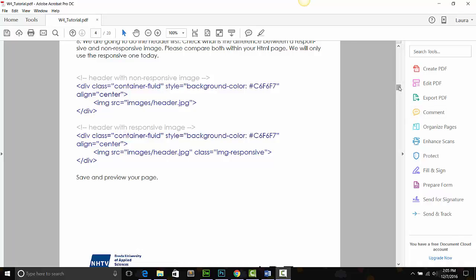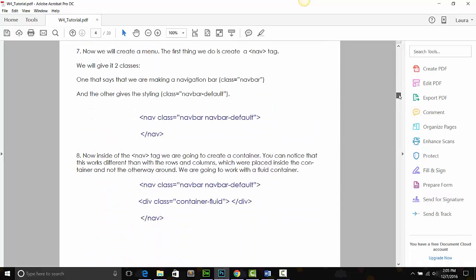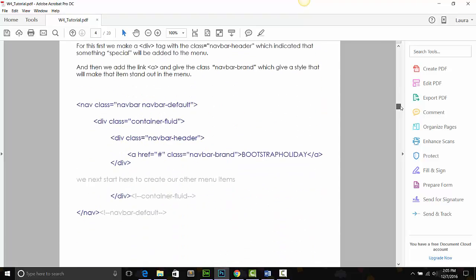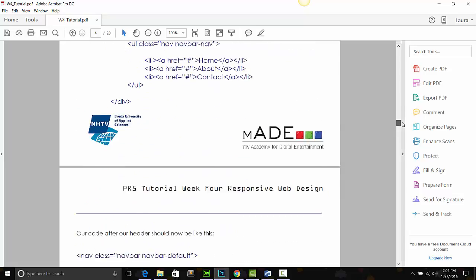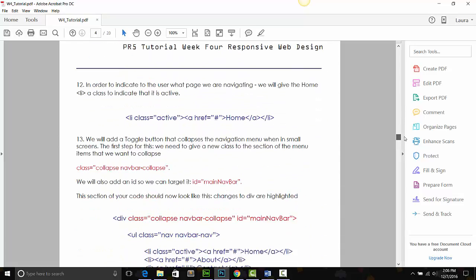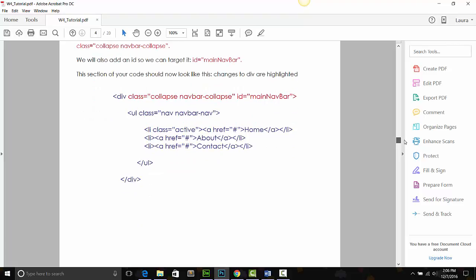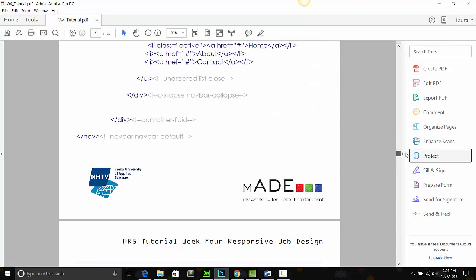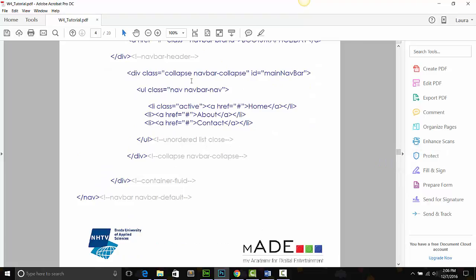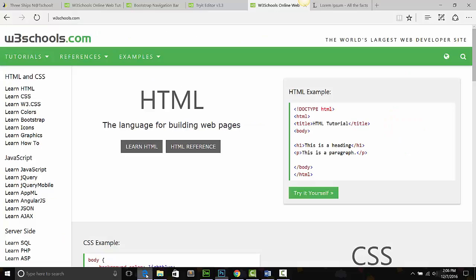Now the next part of the tutorial looks at the navigation bar. However, instead of us writing all the code ourselves, I want to introduce you to the W3C Schools website again and show you some of the really interesting component parts that you can use to very quickly create some really nice functional Bootstrap pages. You can either go through this yourself if you want, just for practice, but in the meantime we'll go to the W3C Schools and take the code from there. So if we just type in Bootstrap,